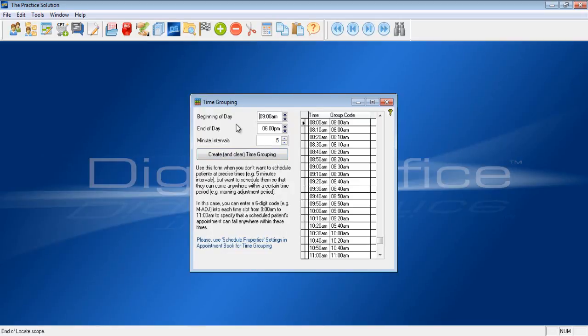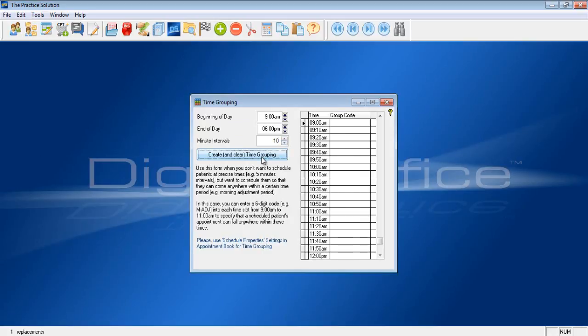Here we have the beginning of day and the end of day, and the minute intervals. This is the default as our appointment book is currently set up. We're going to go ahead and leave the time start and end of day as is, but we're going to change the interval to 10. Then we're going to hit this Create and Clear Time Grouping button. And you'll notice that everything over here is blank now, starting at 9, going to 6, with 10-minute intervals in